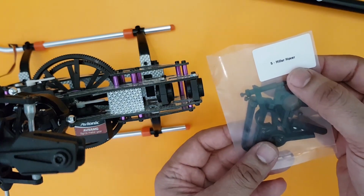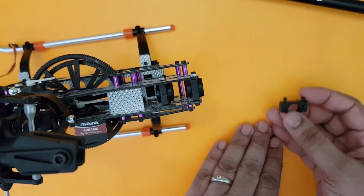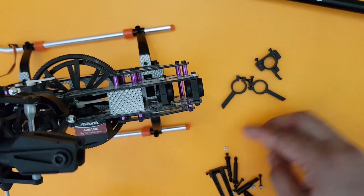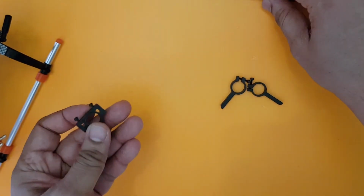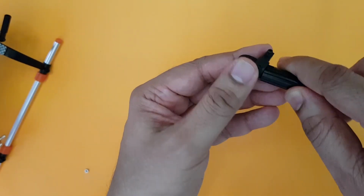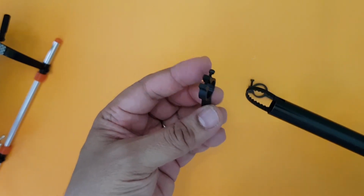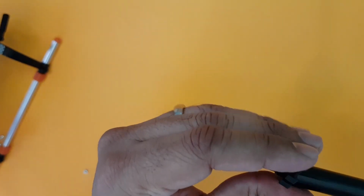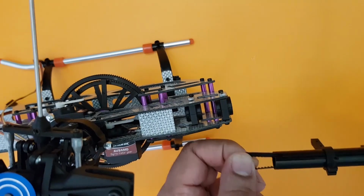this package number 5 Hiller hover, and please remove the tail support unit and also the tail servo holder from these, and insert them in this fashion. Take the tail support and let it go inside the boom first. Yeah, and then take the tail servo holders and you can slide them in. That's it. And then we can go ahead and proceed to fix the blade and the tail boom inside the